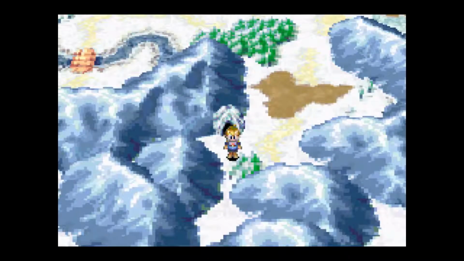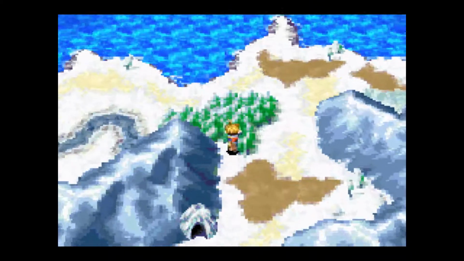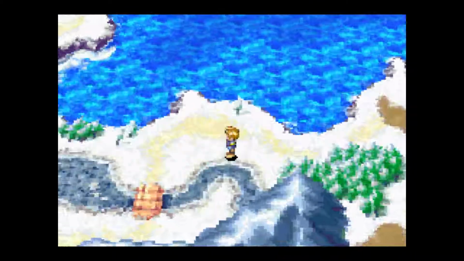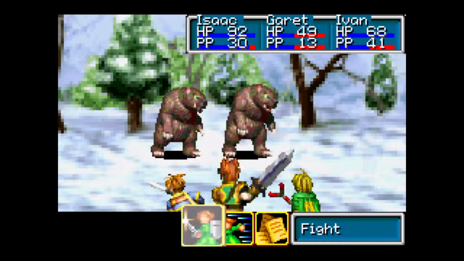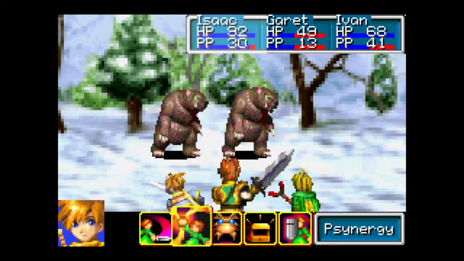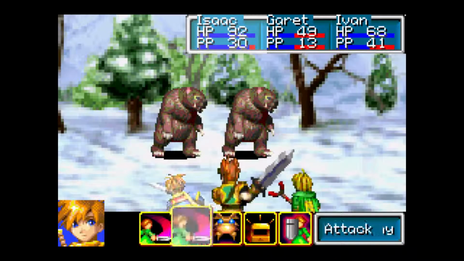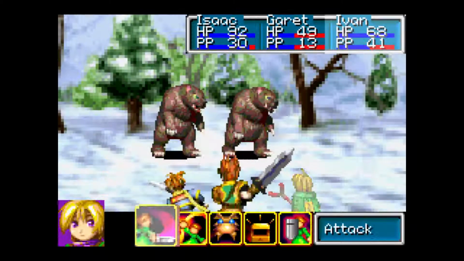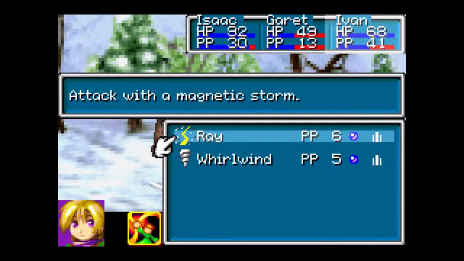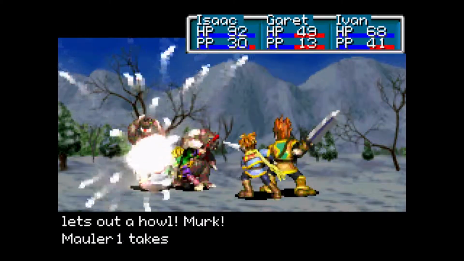And this is the exit to the cave, and now we are in Snowland. And we have even more new enemies, Maulers. These guys are weak to fire and resist wind. So let's just... Man, for someone who's not supposed to be a caster, Garrett is using a lot of synergy right now. And you're not going to do much as a caster, so...